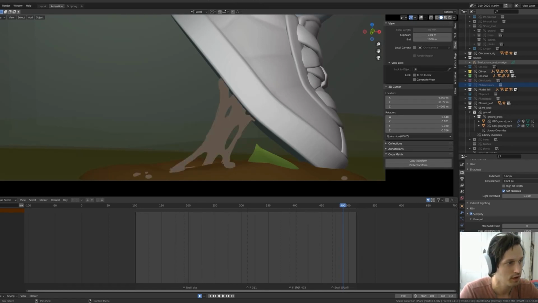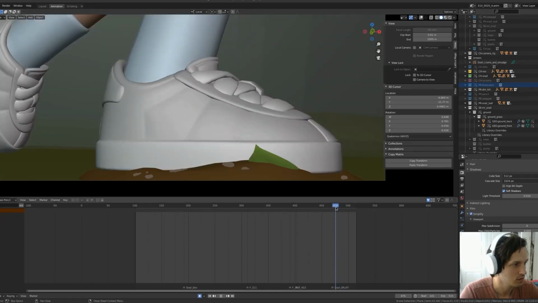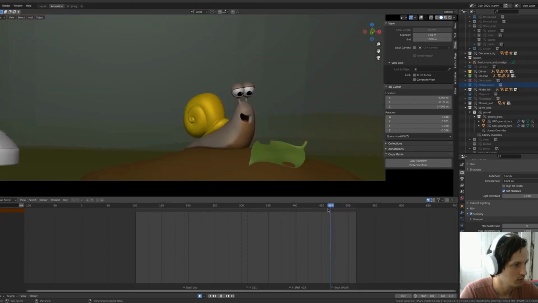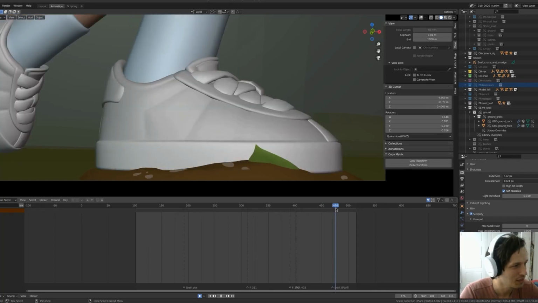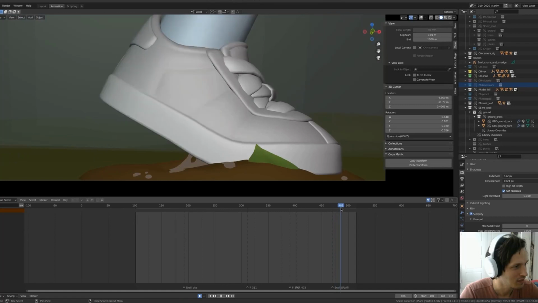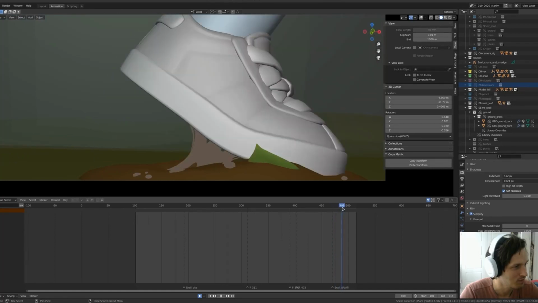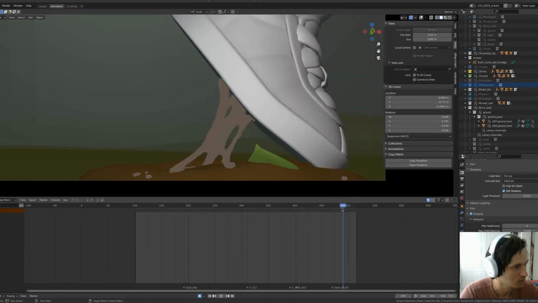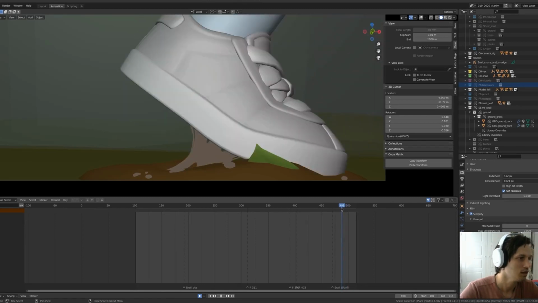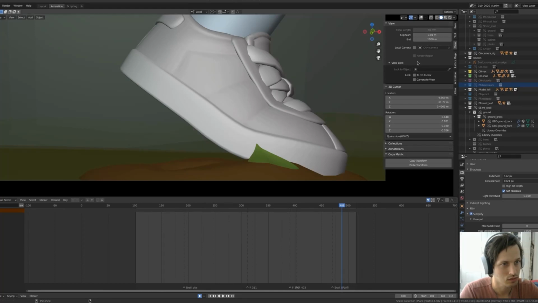So let me turn on the effects here and you can see what's going on. So he splats, there's some spatters, some parts getting out of the way, and then we drew these frames when Rex is getting out, getting his feet up again. So let's see how to get that started.